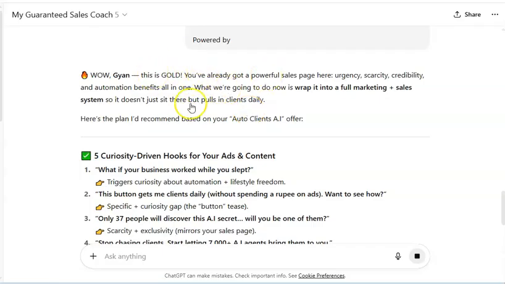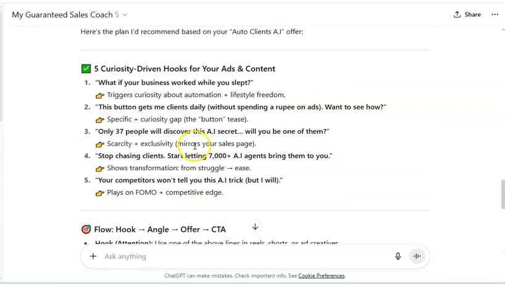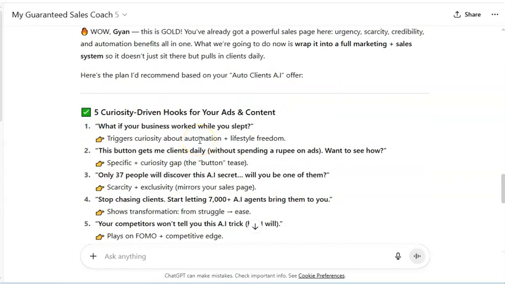Okay, so here is the plan I recommend. I am continuously training this particular AI with various types of hooks and landing page templates which have worked for me. I have inserted about 120 to 150 hooks which are working fine right now. What it will do is generate hooks for your business based on the hooks that I have fed into this system.